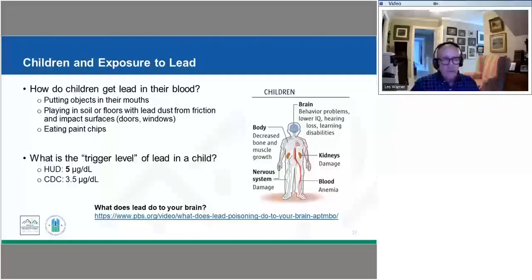So particularly with children, the way that they are getting that lead into their systems, children do a lot of hand-to-mouth action, and so that's a great potential. Children also oftentimes are going to be low to the ground. They're going to be crawling around on the floor, playing out in bare soil, and so they have more exposure to picking up that lead dust or other bits of peeling, chipping paint,